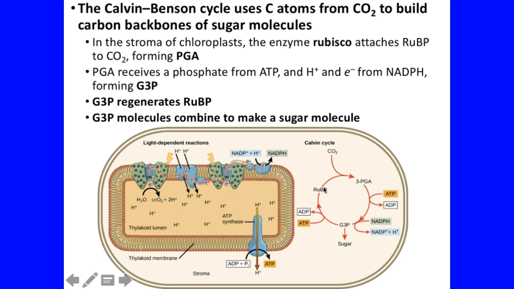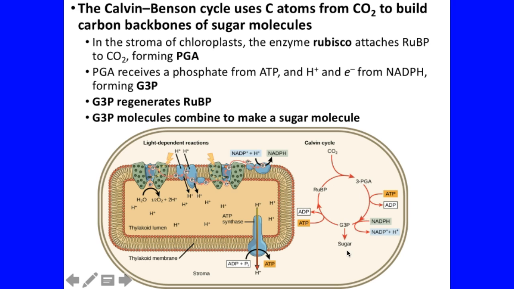When we're coming around this cycle, one thing you want to know, and that's very important, is this part right here. Through this cycle, G3P is being created. If you all recall, glucose is a 6-carbon molecule, and it is the smallest of all the carbohydrates that exist. G3P is just a 3-carbon molecule. So in order to get our 6-carbon glucose, we have to go around this cycle 2 times to generate just